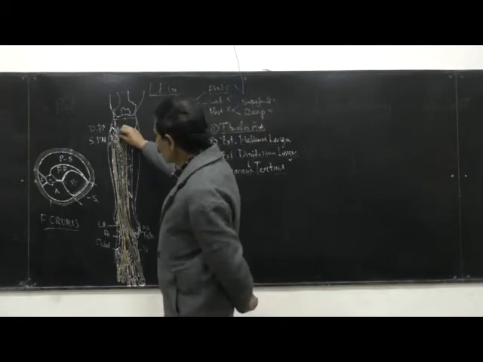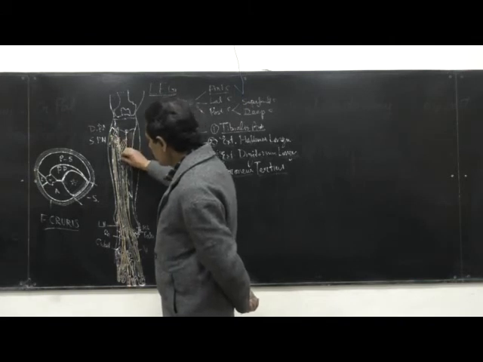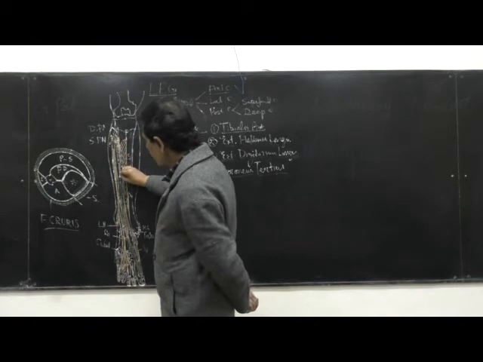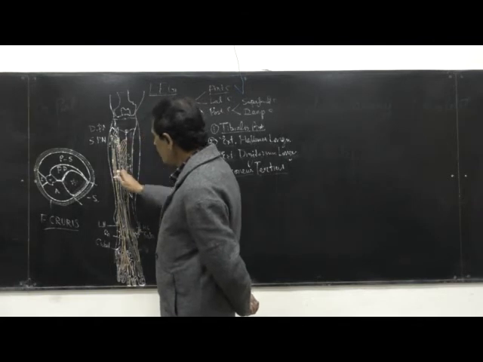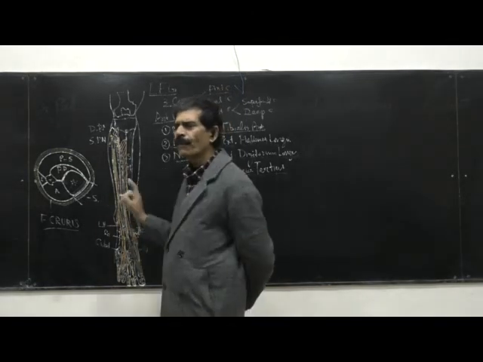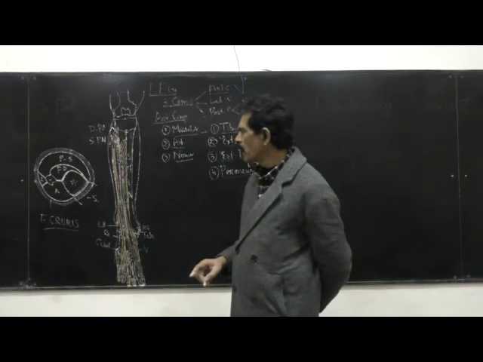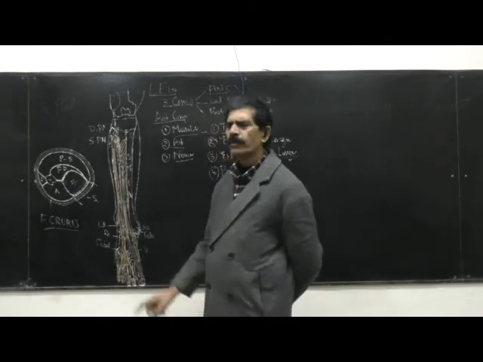In the upper 1/3 of the leg, this artery is lateral to the nerve. In the middle 1/3, it comes anterior to the nerve. And in the lower 1/3, this artery again goes medial to the nerve. So that is the relation: lateral, anterior, again medial. That is the course of the anterior tibial artery in the anterior compartment. And this artery will give branches to all the muscles, the 4 muscles we have done.